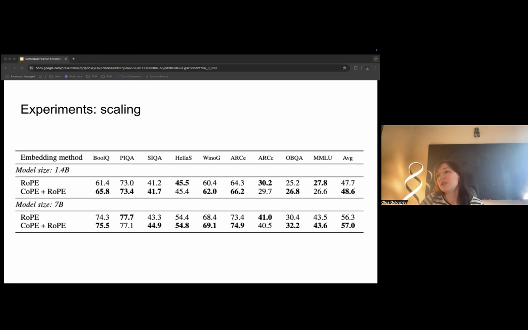These standard tasks are in general short context tasks, and they don't involve any complex semantic questions over the context. So we don't expect to see any significant boost here, but even though these tasks are very simple and already solved pretty well by standard embedding, COPE still brings some improvement.